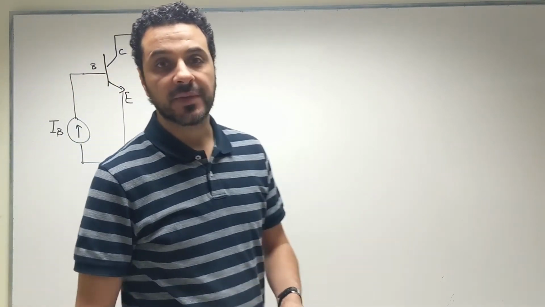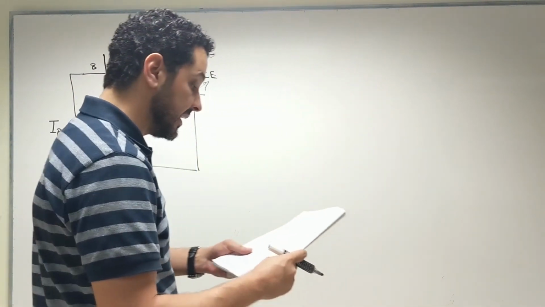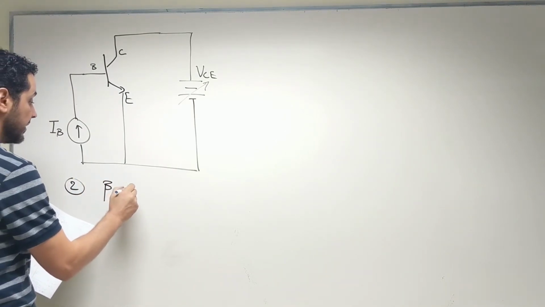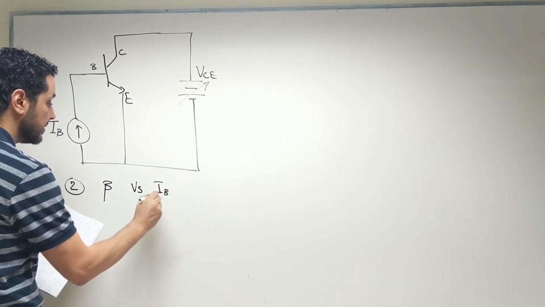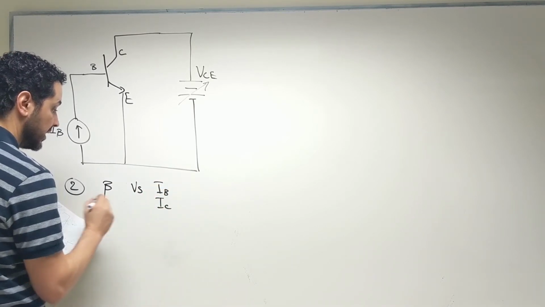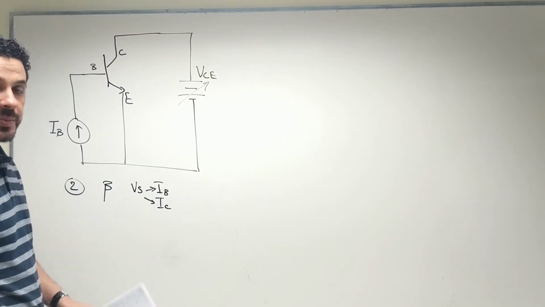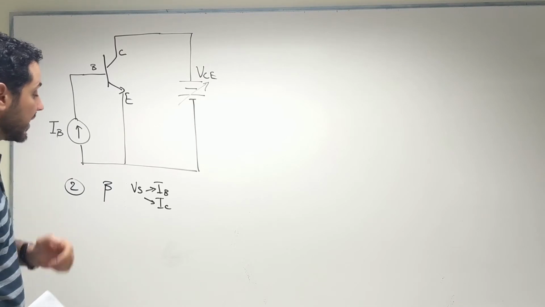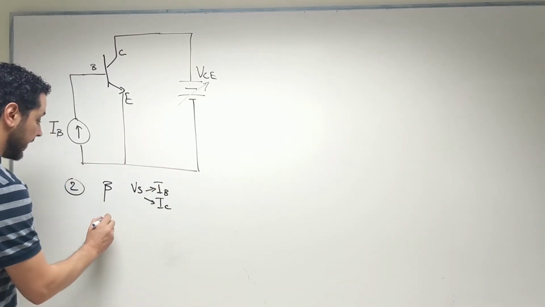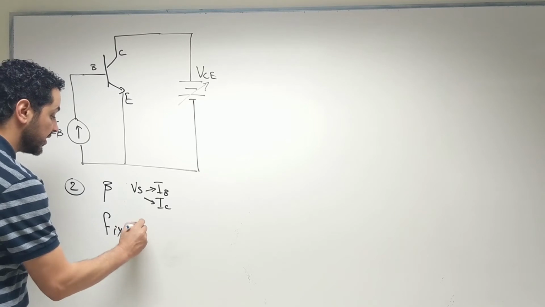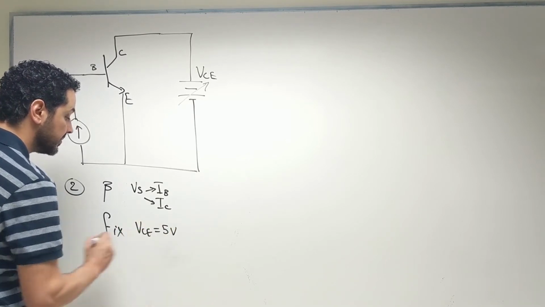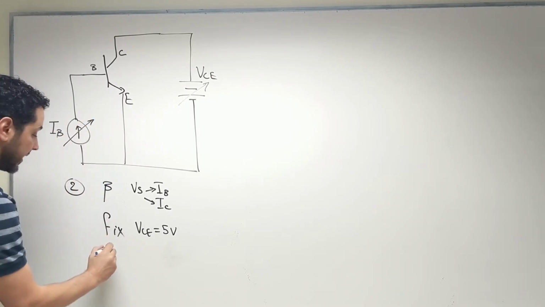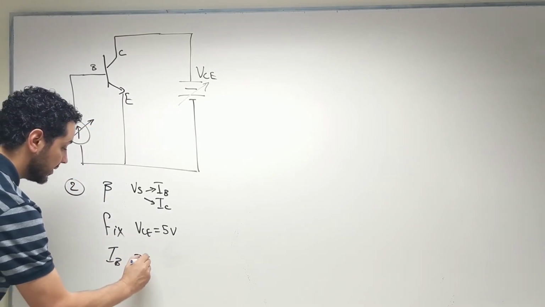Okay, in the second part of experiment number 6, we are going to plot the current gain beta versus I base and versus IC. So we are going to have 2 plots in this part: beta against I base and beta against IC. What we are going to do here is fix the voltage VCE at 5 volt, and then sweep the current source I base using DC sweep,